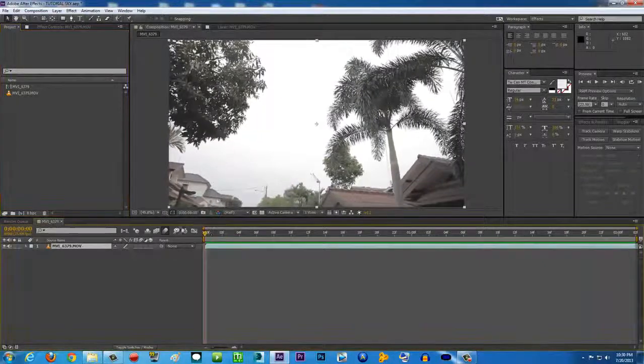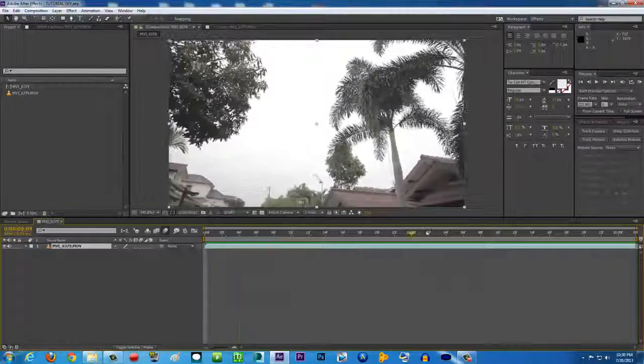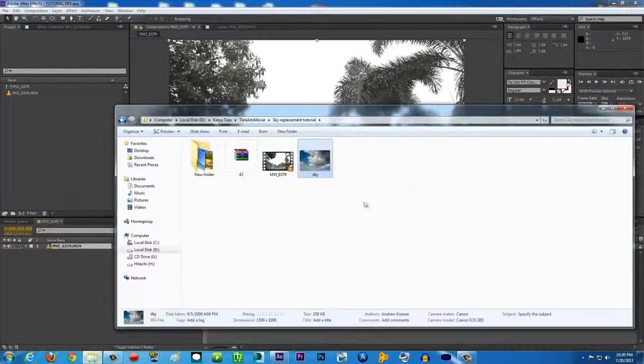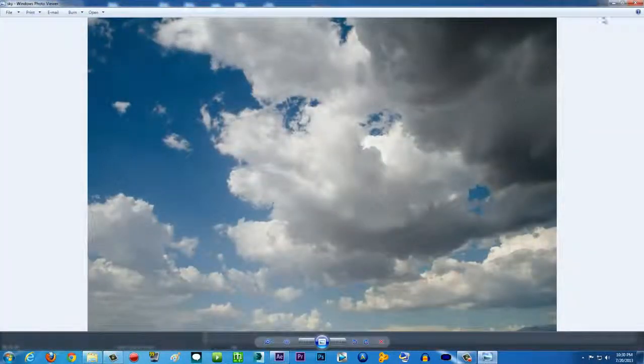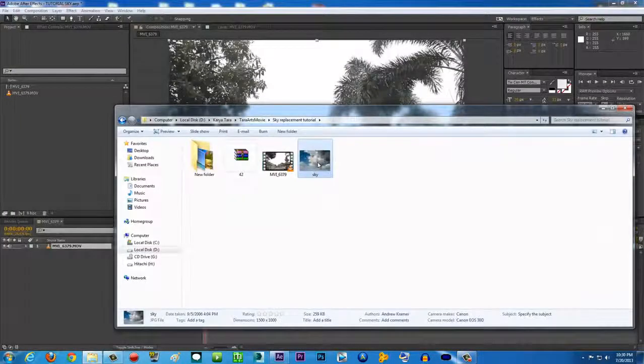Let's say for example I have a video already inside After Effects, and as you can see, the sky is pretty boring. It's just a blown out sky, plain white, so it looks really boring, and we gotta replace it with this sky image. So to do that, just import the sky image to your After Effects by clicking and dragging it in,